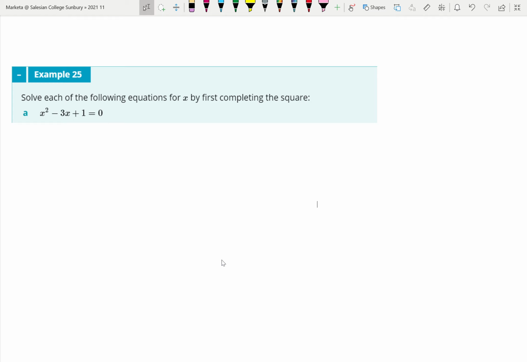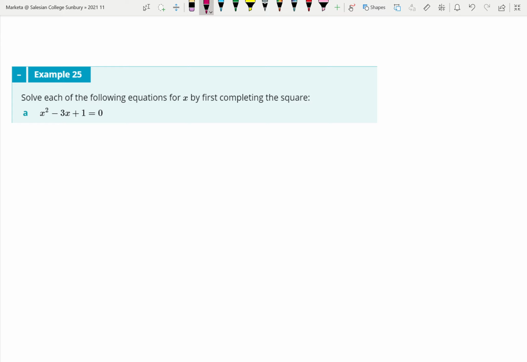Hi guys, today I'm going to do some completing the square. So this is some extra examples and these are from Cambridge, so not from Jacaranda Plus. So we'll start with this one here and look, we've completed the square quite a bit, so it's just a